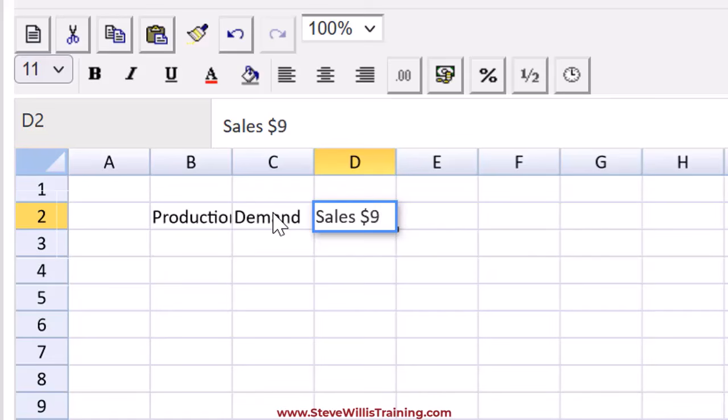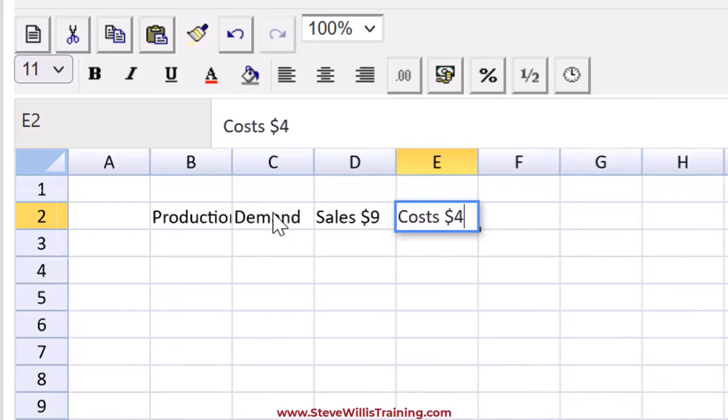Let me make a note that this is $9 up here at the top of the column. Now we have costs of $4 per unit. Okay, those are variable costs based on the amount that we produce. No fixed costs in this story, simple version of this problem. Now, here we have a conditional cost, right? If the production is greater than the demand, we have to pay a truck, we have to haul the unused cement away because it is perishable, it has a shelf life. If you didn't know that, a bag of cement, it gets hard over time and it's no good after some months. So here we will have a